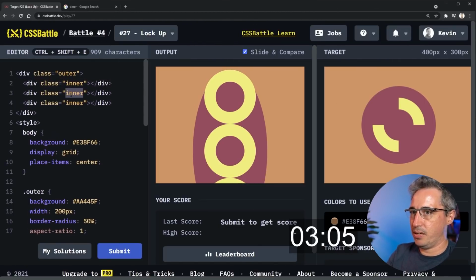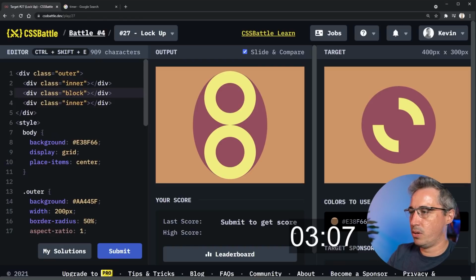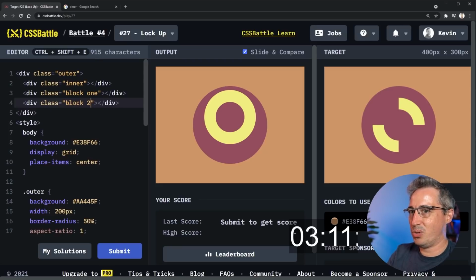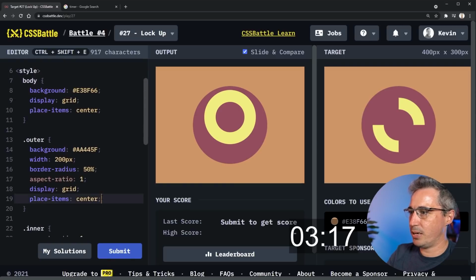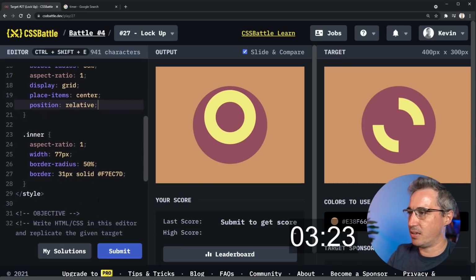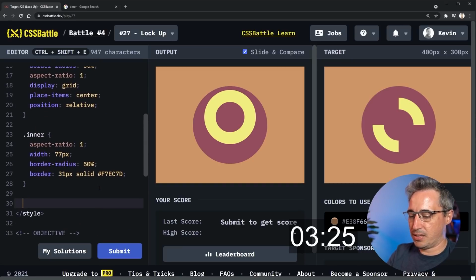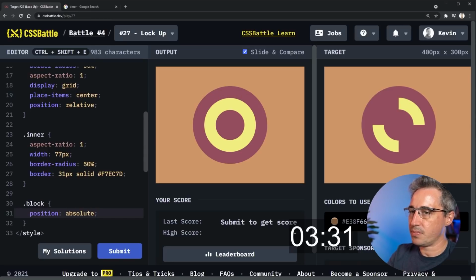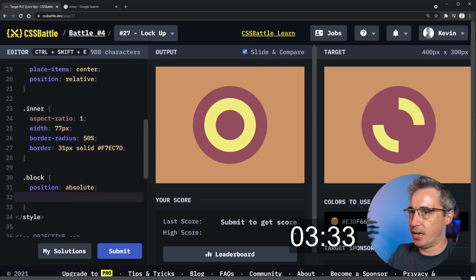This will be a block 1 and a block 2, and I just realized, oh no, okay, 2. I thought of a problem, but my problem's going to go away pretty quickly. So the outer needs a position of relative because, and actually, yeah, it's going to be easier to do that, because then both my blocks will need to have a position of absolute. So that stops being an issue. We'll do width